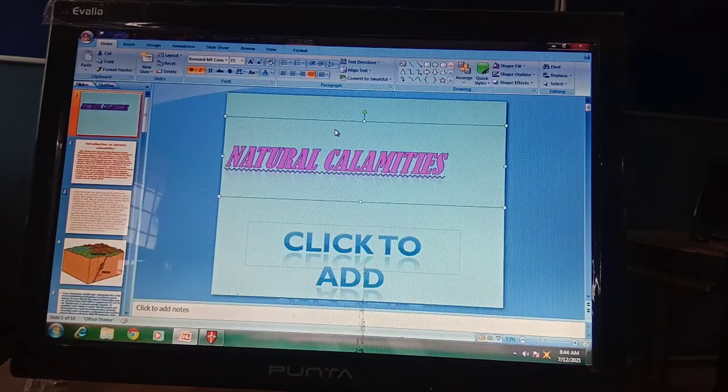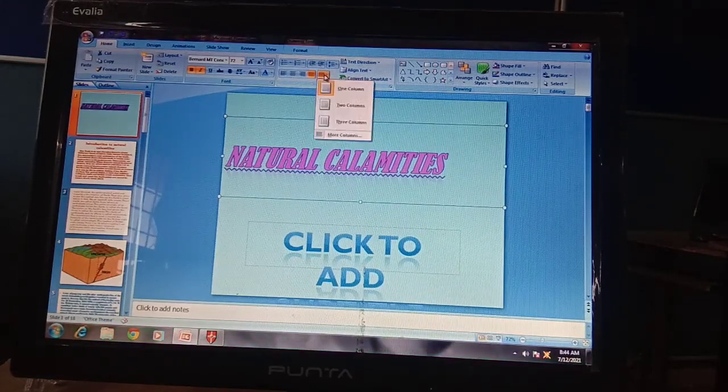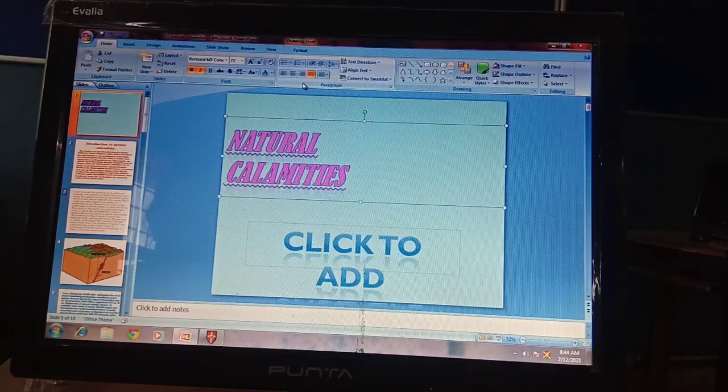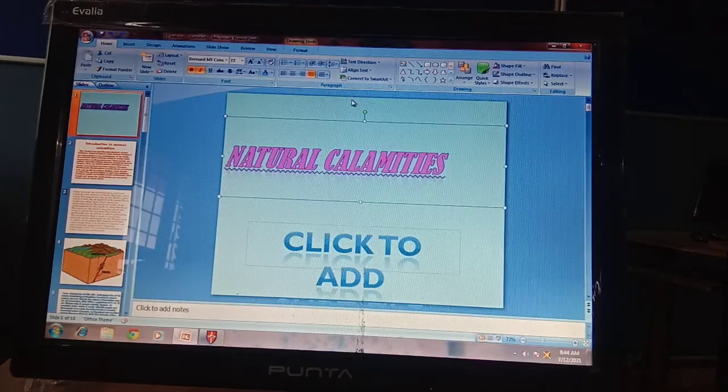Okay, it will be a justified type. And here you can have columns. Okay, and you can have 2 columns. These type of things you can apply in your presentation. Okay, so I'm just undoing these options. So these are things you can apply from here.